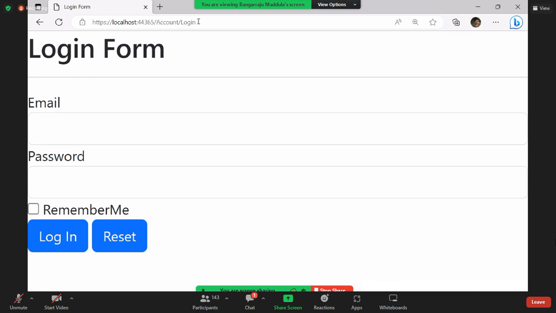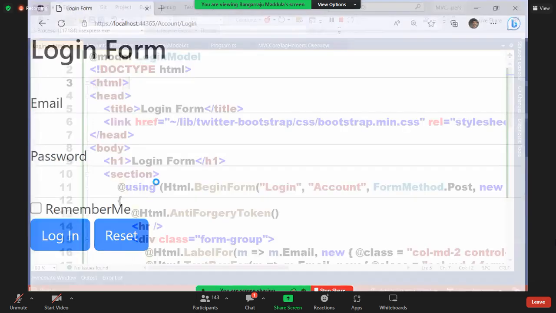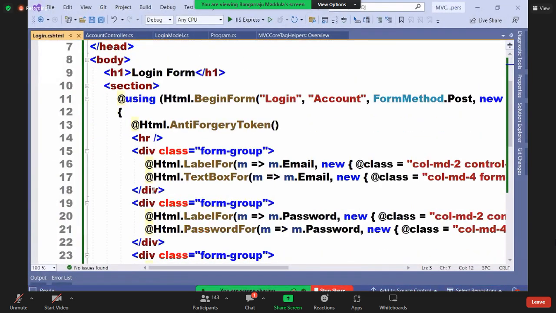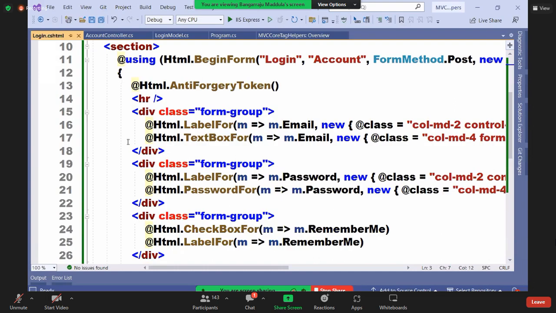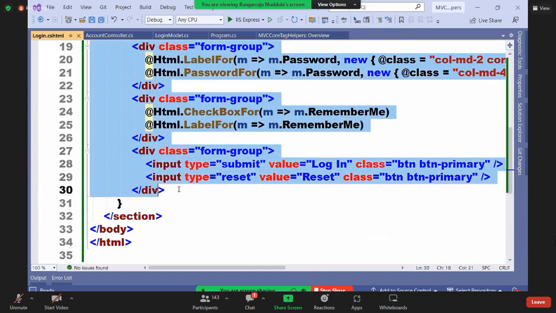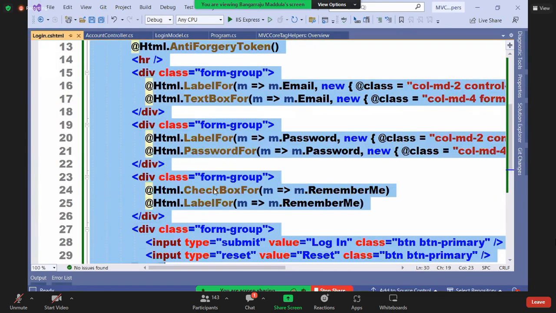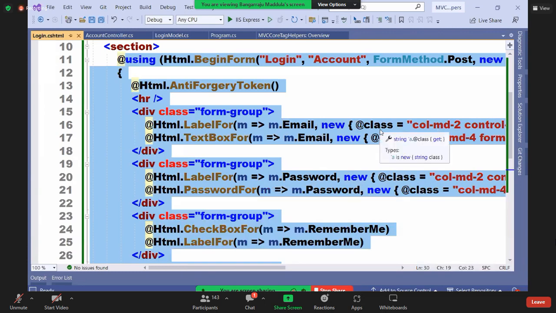We have learned how to create views by using HTML helpers. I just used HTML helpers and created this. Okay, now I'm going to show you the new thing, for all of you. Watch. This is our old code that we use for creating with HTML helpers. Now, without using HTML helpers, as I explained last class,